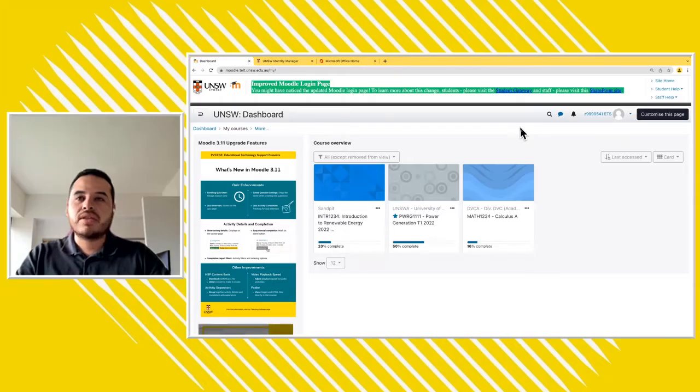As Anup mentioned, following the login, you are presented with the Moodle dashboard. And for my part of today's session, I'll be going through the Moodle dashboard in a bit more detail, as well as some tips and tricks that you can do to customize your dashboard to your liking. So with that, I'll dive right into the demo.